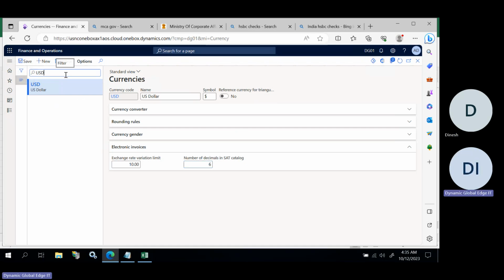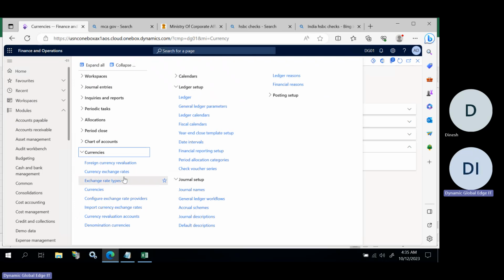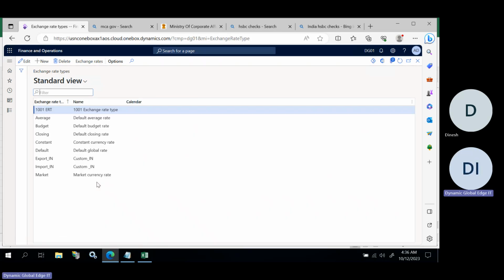So majority of the time, whatever currencies you are going to use, those currencies you should update. If I'm going to use only one currency, USD, I can update USD. If I'm going to use two currencies, INR and USD, you have to update INR as well. Okay. So once that is completed, now if your client is doing multi-currency transactions,